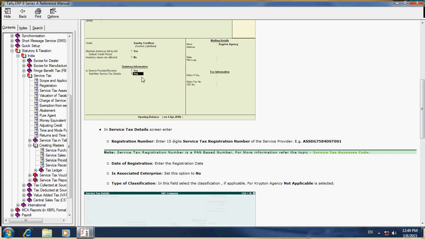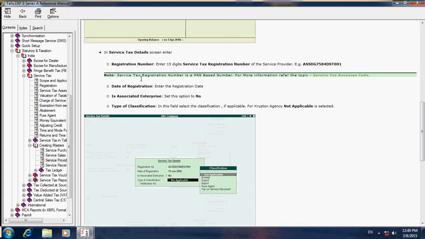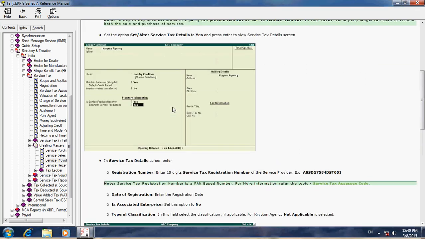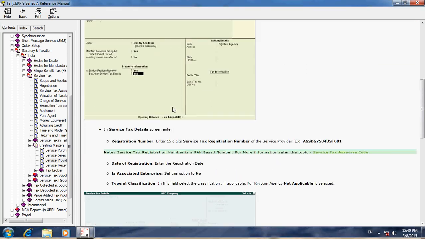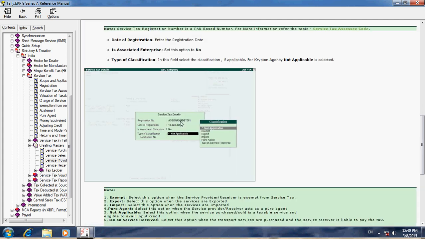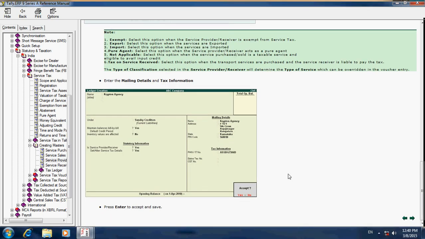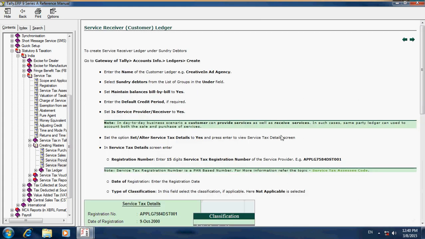Then here, Alter Service Tax details, Yes. Then after that, VAT classification, set Yes. Then you have to mention the details here like this. After finishing everything, press yes to save this ledger.